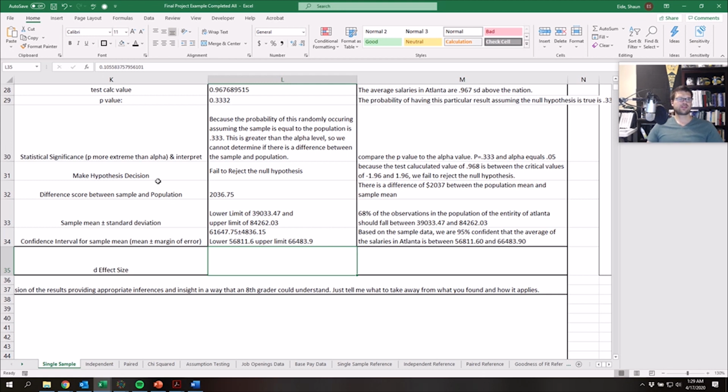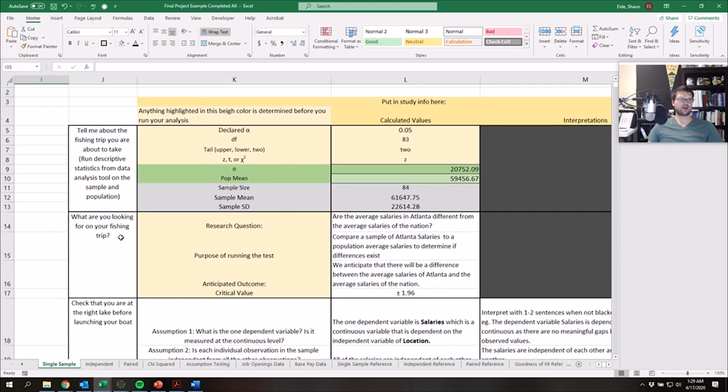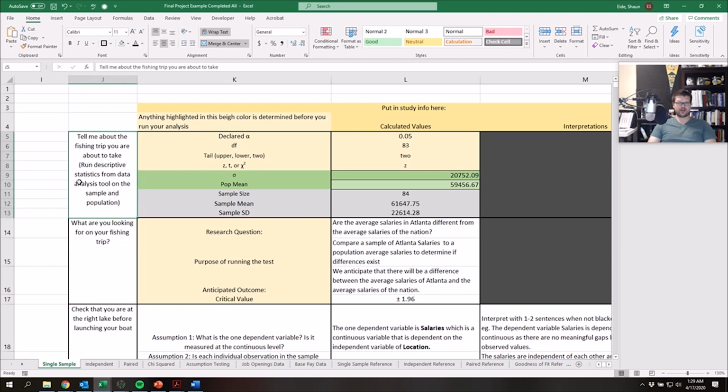Okay. Next, we calculate the effect size. And once again, the reason why we care about the effect size is because, and I should have kept up on this left-hand side, there's this fun little analogy on this left-hand side. It's an analogy about a fishing trip, right? So when we go on a fishing trip, I don't know if y'all have ever been fishing, but I like fishing. We first say, hey, this is